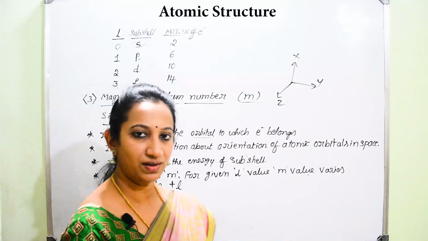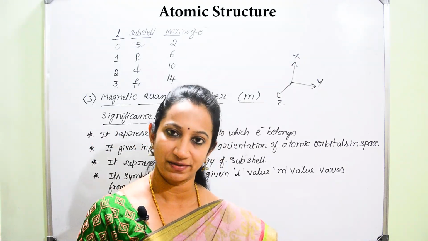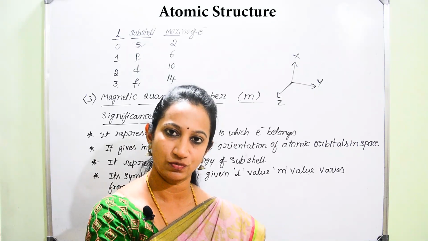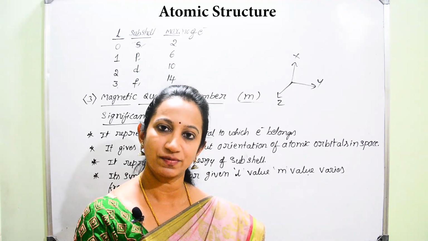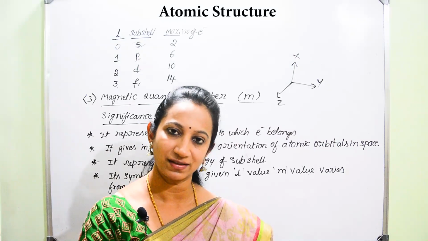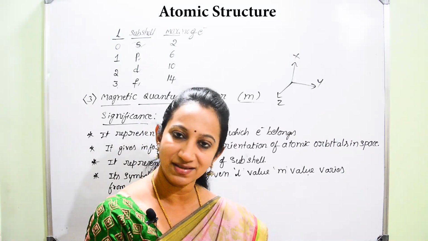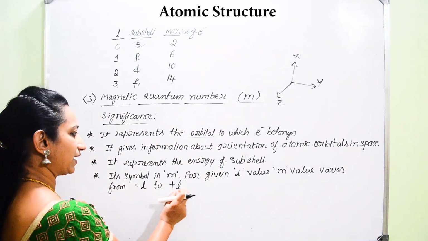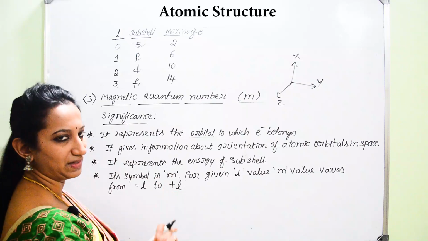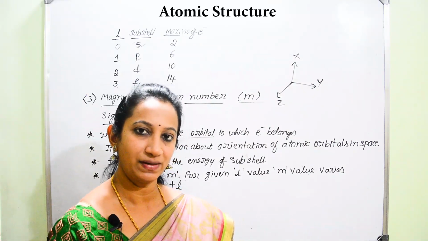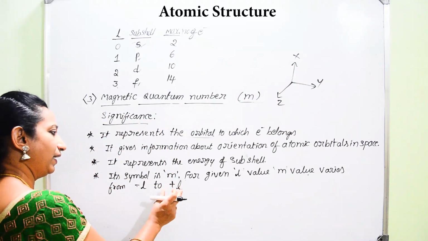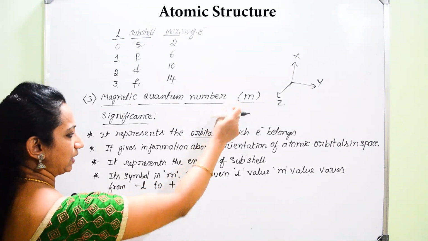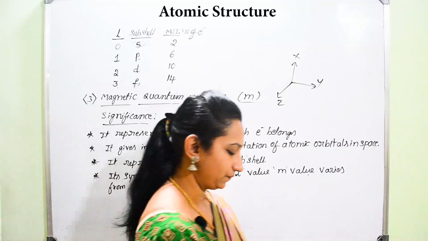In scale, we have got negative values as well as positive values. In between, there will be 0. Like 0, after 0, plus 1, plus 2, plus 3, plus 4, plus 5. Before 0, minus 1, minus 2, minus 3, minus 4, minus 5. Like this, there will be continuation both on right hand side as well as left hand side of the 0, either side of 0. Similarly, here we can take that from minus L to plus L. Now, I will give example how we are going to get the M value based on the L value.